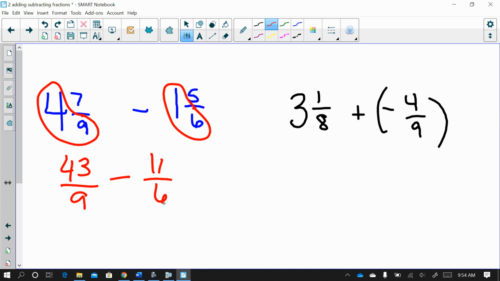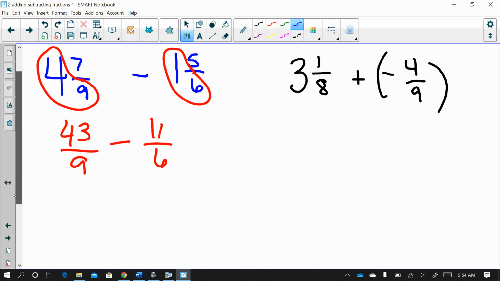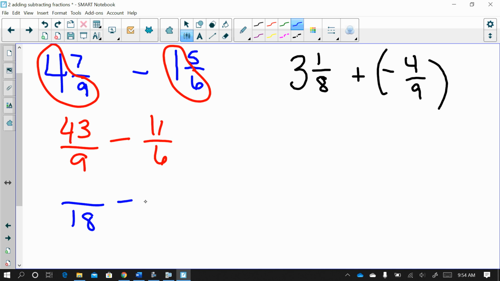What is my common denominator between 9 and 6? You could do 9 times 6, but you're going to get some really big numbers. So let's see, 9, 18. Oh, 6 goes into 18. We're going to change these both into something over 18. How did I get from 9 to 18? Just times 2. 43 times 2, 86. How did I get from 6 to 18? Times 3,